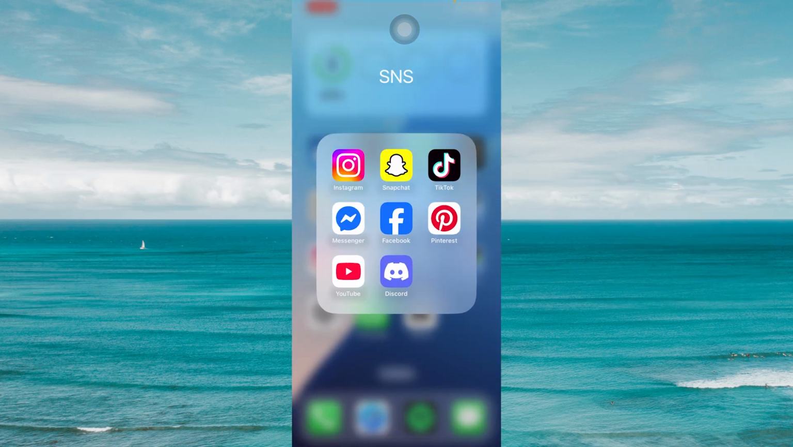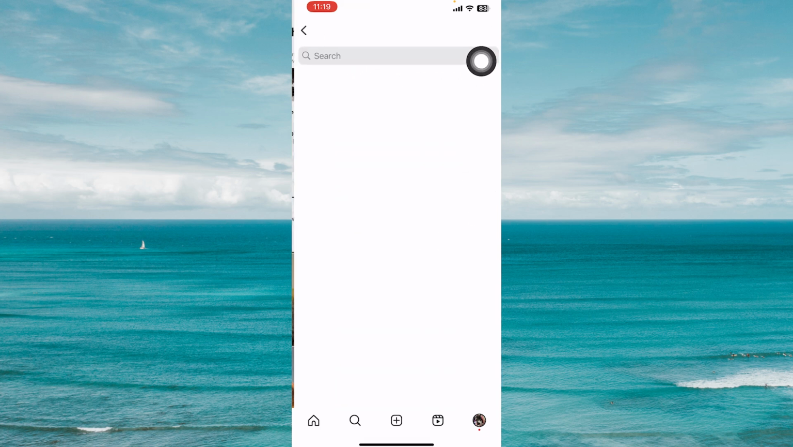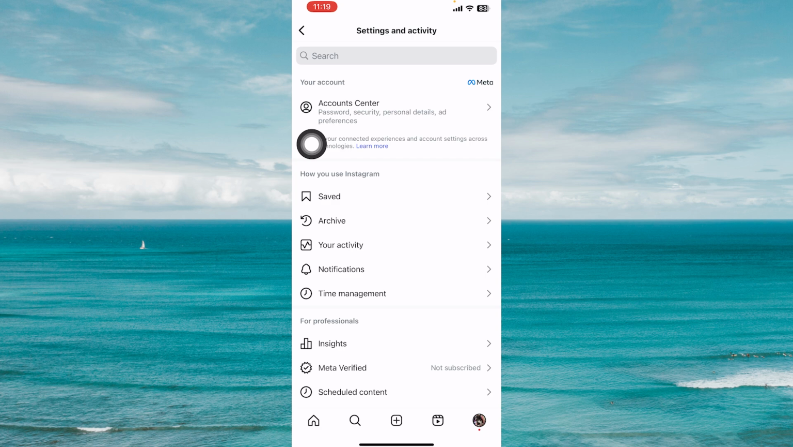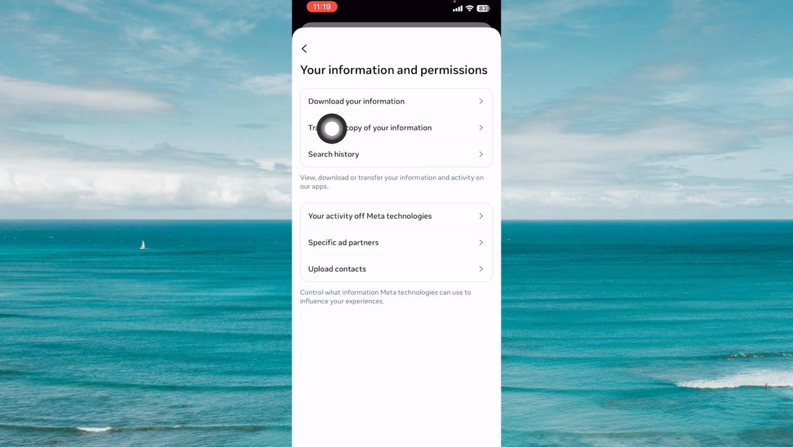First, open up your Instagram app, of course, and go to your profile page by clicking on your profile icon at the bottom right. And once you're here, click on the navigation bar at the top right, and let's go to Account Center. In here, under the Account Settings section, tap on Your Information and Permissions, and let's select Download